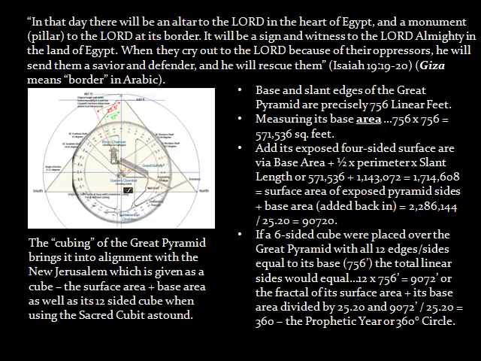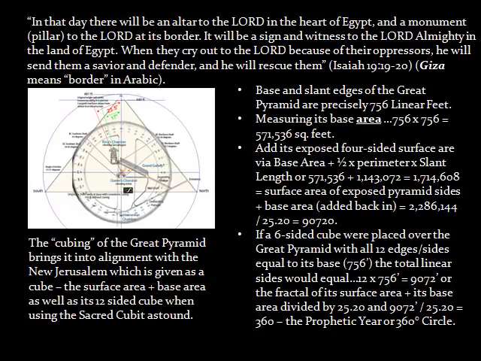They would equal 9,072 feet, or the fractal of its surface area and its base area divided by 25.20. And 9,072 feet divided again by 25.20 will equal 360, the prophetic year,